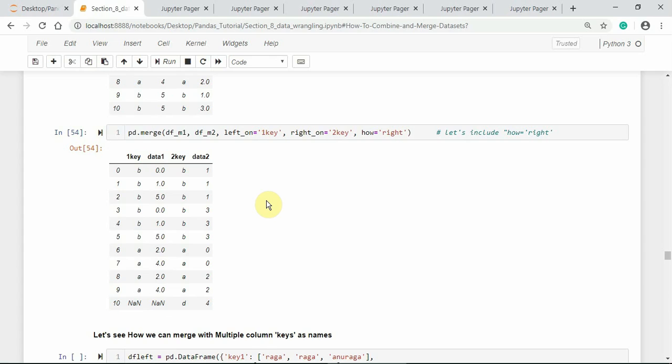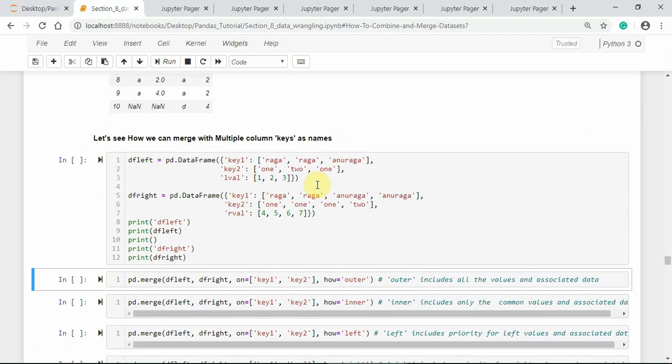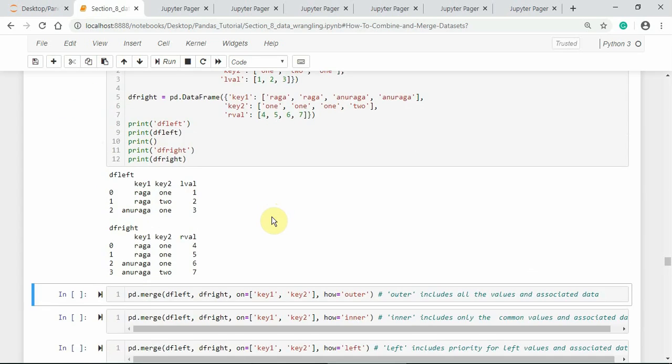Now we can work with multiple column names as the merge keys. Here I am creating two data frame objects to work with multiple column names. They are data frame left, then data frame right. Both the data frames have key1 and key2 columns as the merging keys.